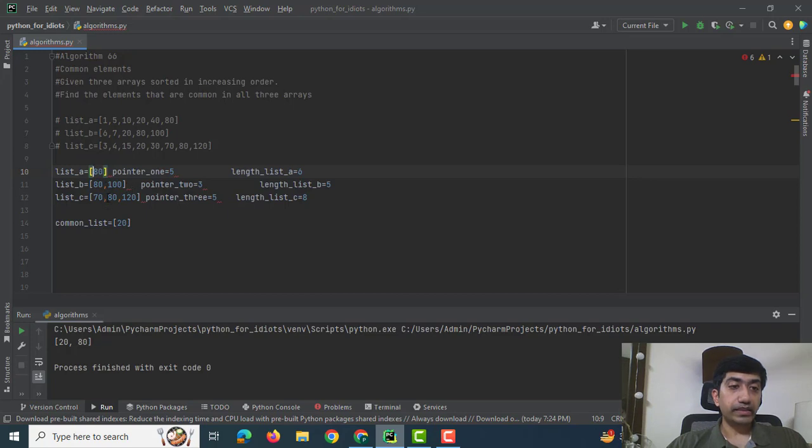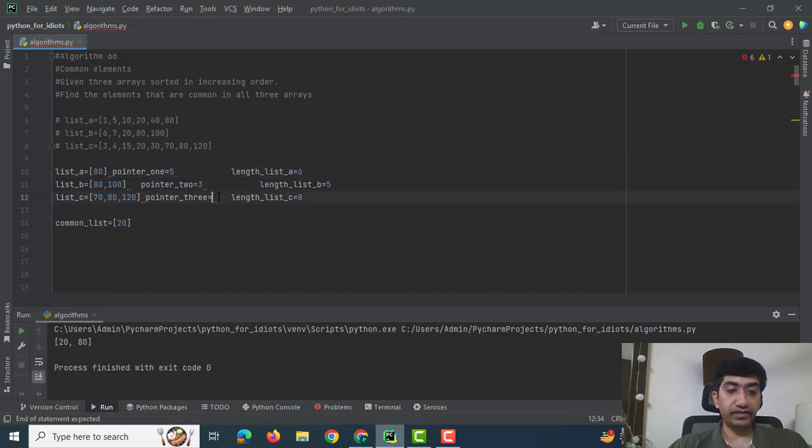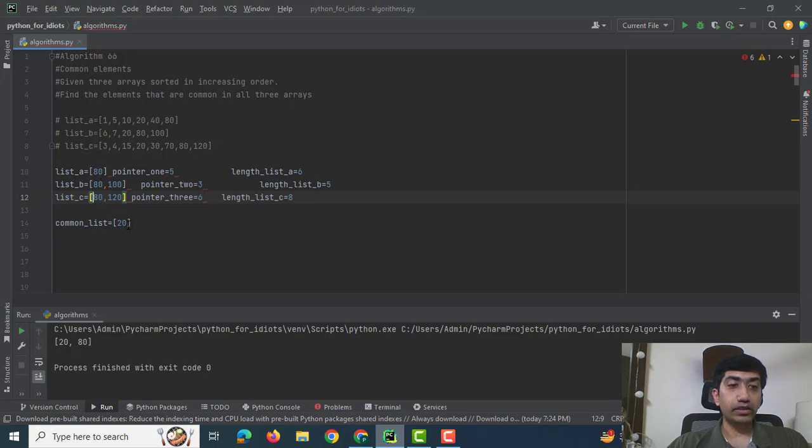Now in list C, 70 is lesser in comparison to 80 and 80 values of list A and list B, so pointer 3 moves towards 6th index. Now in the next iteration all 3 lists have the same value, 80, 80, 80, so the common elements has another addition of 80, so all 3 pointers shift by 1 point.